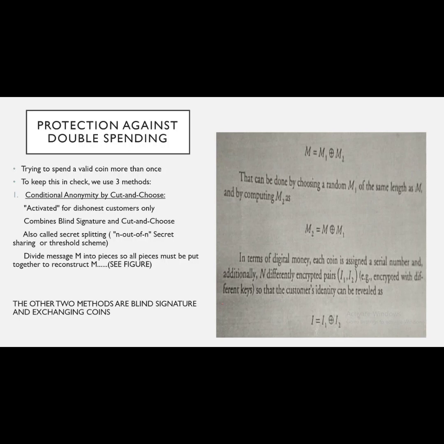Next, we move on to protection against double spending. So what is double spending? Let's say you have made a transaction using Google Pay and you received a scratch card. If you have all the resources to scratch that scratch card again after scratching it one time, then probably there's a high chance that you would take that opportunity and make an illegal scratch again. So just like that,